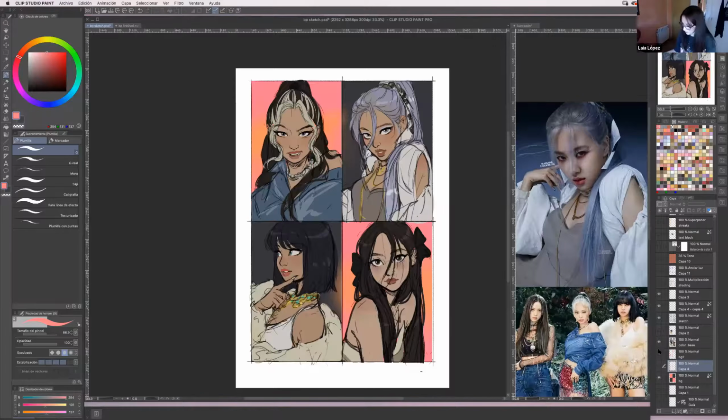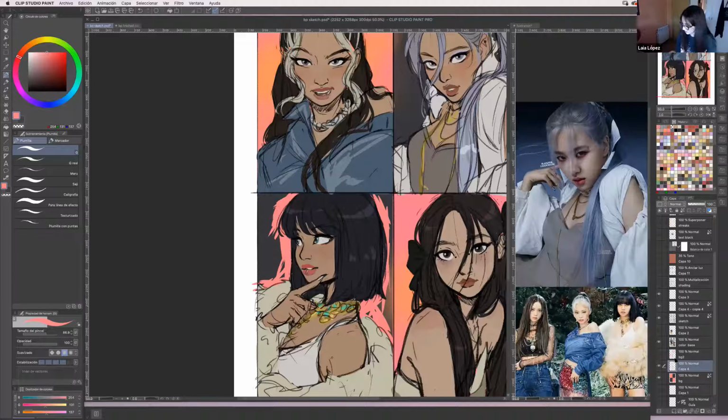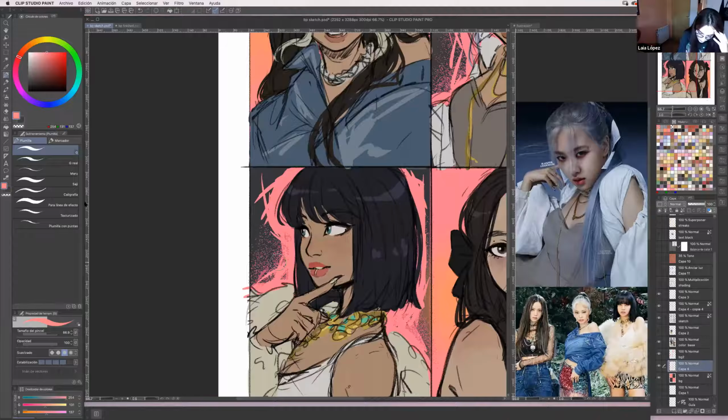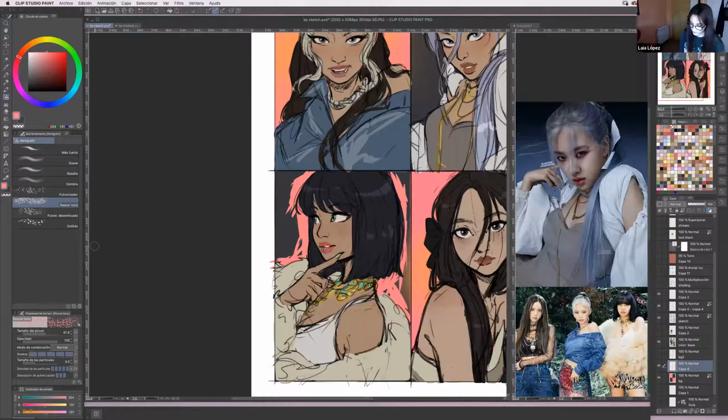And I'm gonna show you how to do this scratchy effect. There's this brush on the airbrushing that's called scratch tone, I think. I have it in Spanish, so I'm trying to translate everything along the way that I'm talking. So I think it's called scratch. You can see which one it is. And by just clicking a little bit, a lot of it comes out.